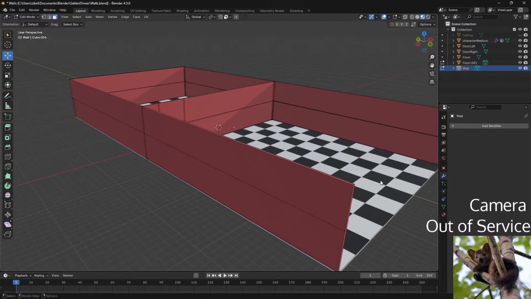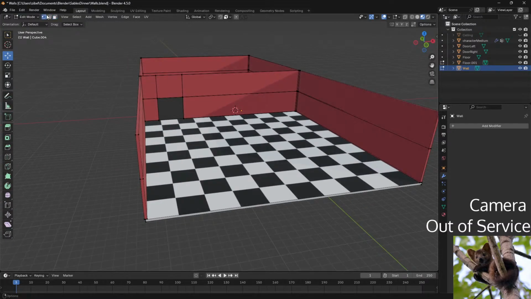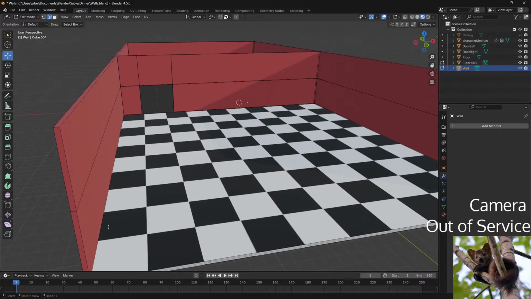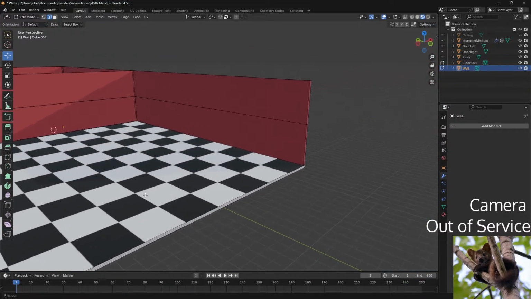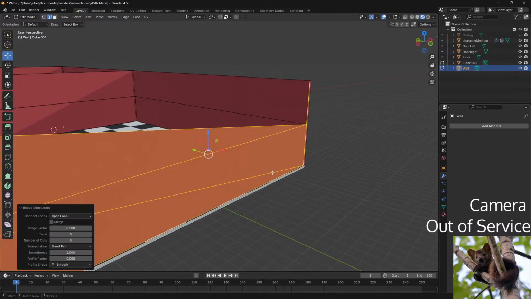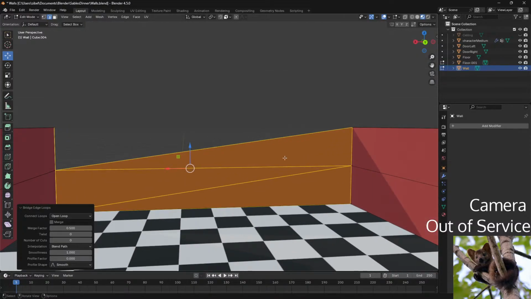Technically, because of the nature of the shape, I should be able to kind of join those edges. Almost.